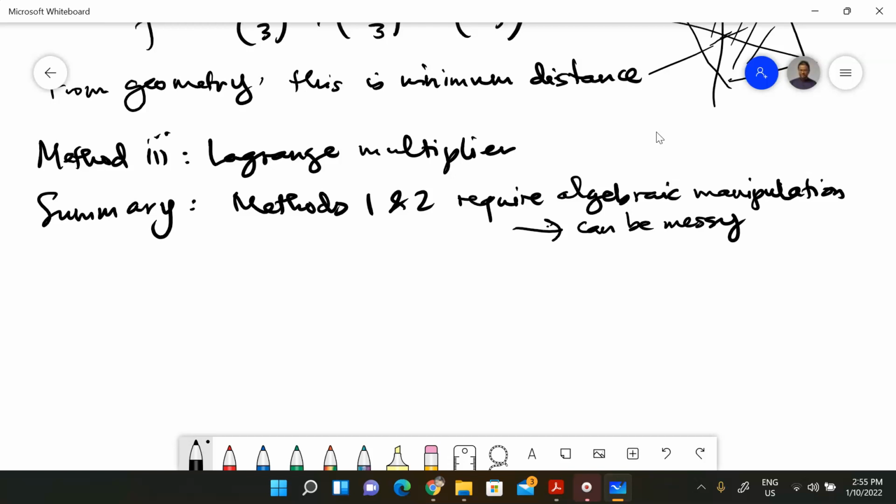So what do we do in this particular case? You might find this a bit counterintuitive in some way. So what we do here is we have a function that we want to